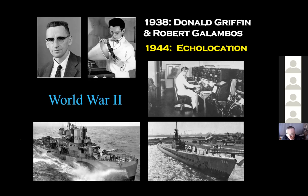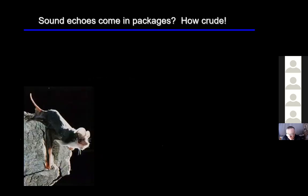So it was, the fact that bats were doing something that human engineers had spent a lot of time and energy to develop and was considered top secret was just an oxymoron that a lot of people couldn't wrap their minds around. But Donald Griffin and Robert Galambos were correct, and echolocation is in fact how bats navigate and find food. And as such, I want to give you a little bit more information on that,